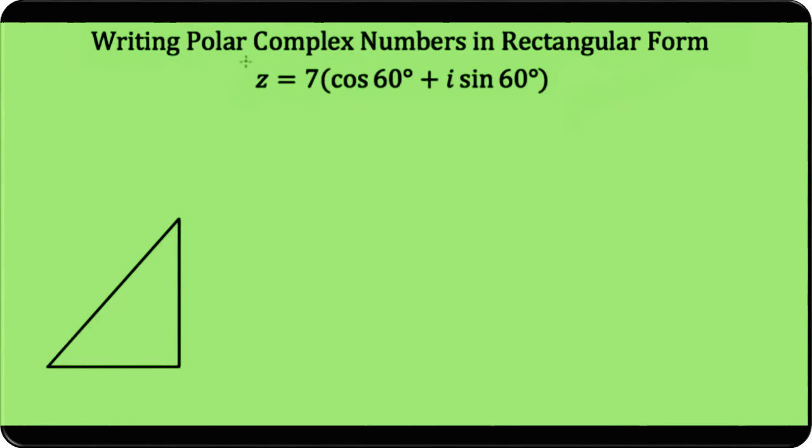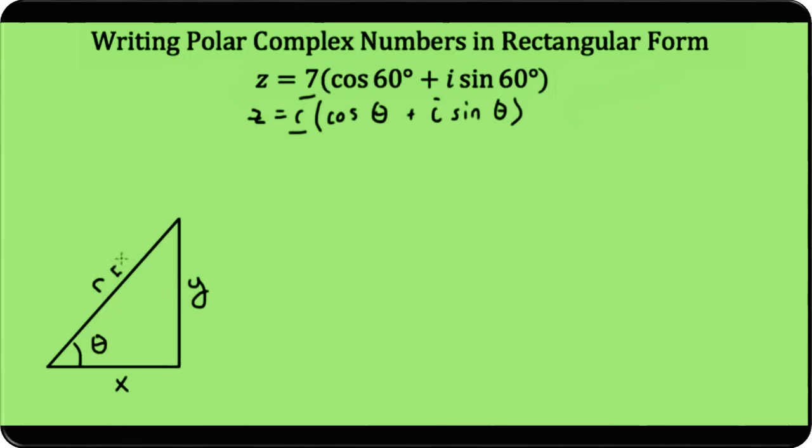Now, rewritten in complex polar form, z is equal to r times the cosine of theta plus i times the sine of theta. This distance is the r and this angle is theta. This side is y, and this side is x. Well, I have my r value. r is 7, so this is a 7, and I have my theta value,